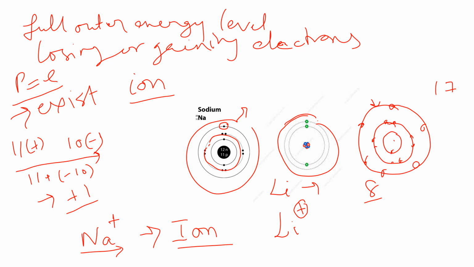So chlorine has 17 protons, and if it gains one electron, the number of electrons will be 18. Since the 17 electrons are already there, to become stable it gains 1 electron and it will become 18 minus, since electrons are negatively charged, and if you sum it you will get minus 1. So to write the chlorine ion, there is a minus sign. The negatively charged ions are called anions, and the positively charged ions are called cations.